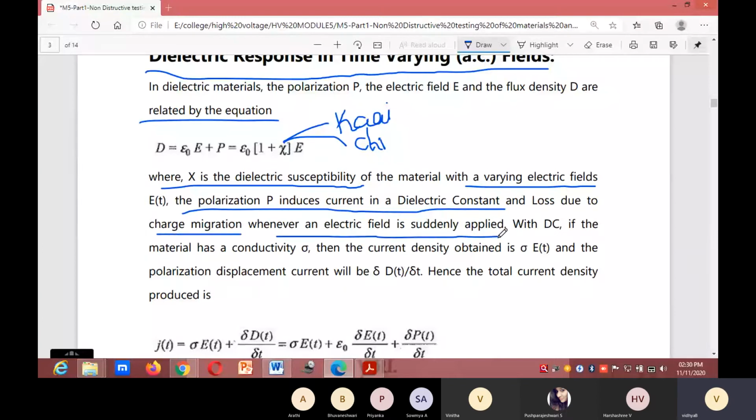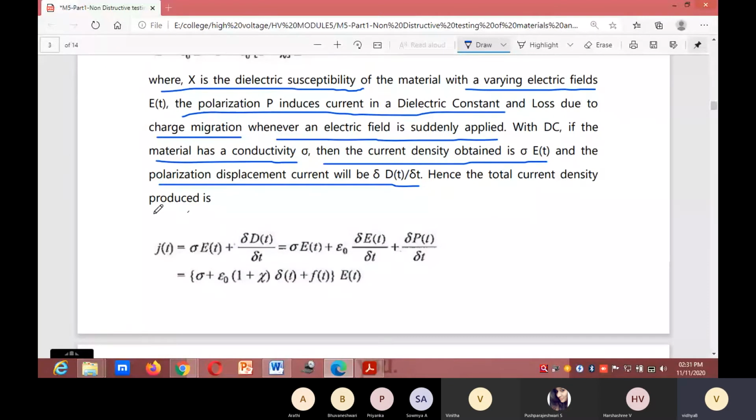With DC, if the material has conductivity sigma, then the current density obtained is sigma E of t, and the polarization displacement current will be delta D of t divided by delta t. Hence, the total current density produced is J of t equals sigma E of t plus delta D of t divided by delta t